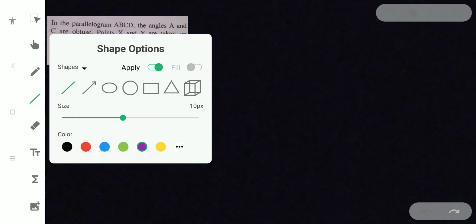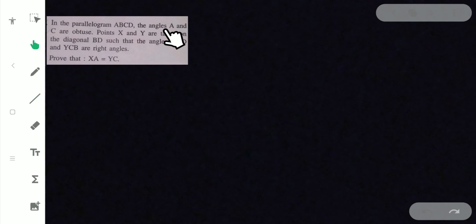So the first question is on your screen, that is, in a parallelogram ABCD, the angles A and C are obtuse. Points X and Y are taken on the diagonal BD such that the angles XAD and YCB are right angles. Prove that XA is equal to YC. So given a parallelogram is drawn like this,